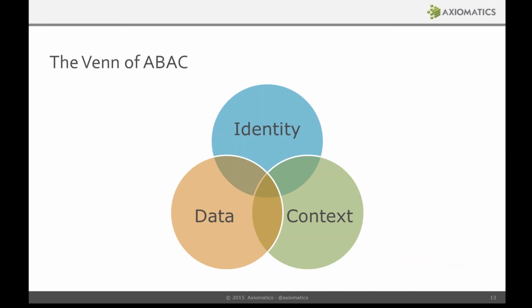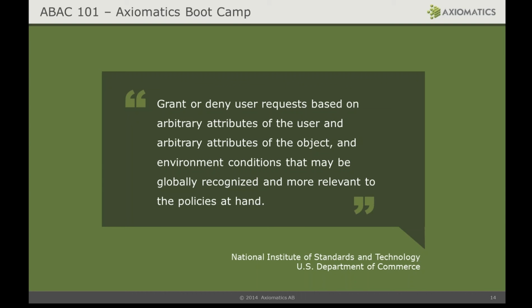Absolutely. And on the next slide, we have a quote also from a paper from NIST that I think really captures that notion. Here, as they say, you can grant or deny user requests based on arbitrary attributes of the user, right? So that's the identity-based, but also arbitrary attributes of the object, and then any kind of environmental condition that may be globally recognized and more relevant to policies at hand. So it's really this combination that gives you the power of ABAC, because on the next slide, it's not just